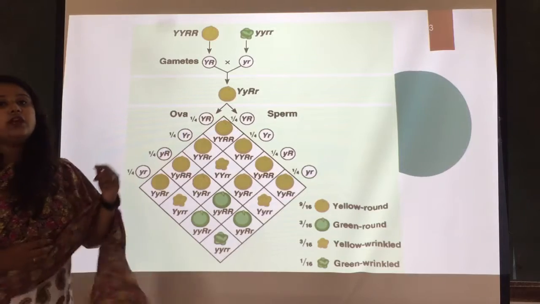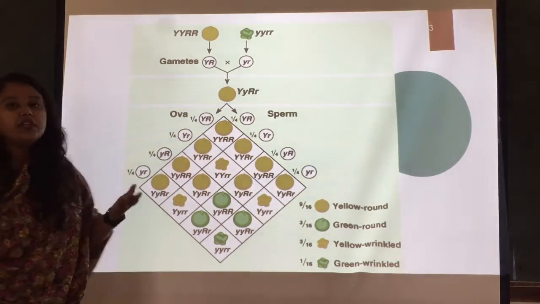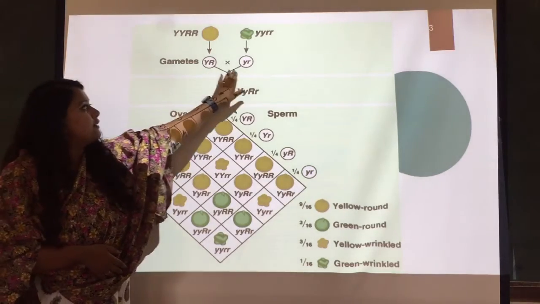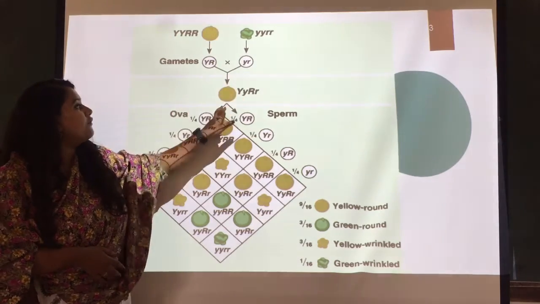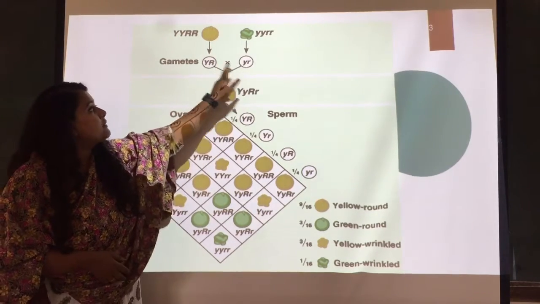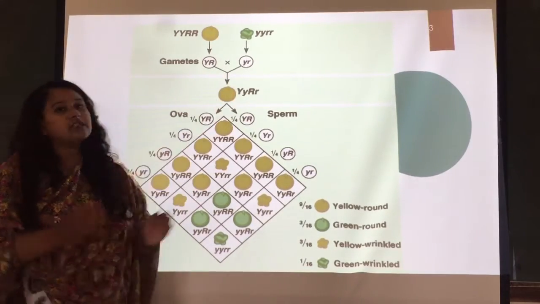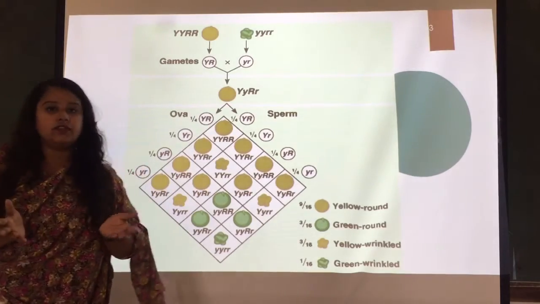So for this reason, what happens now? These two gametes have the genes of two different characters, right? So these are the gametes. Now we are going for the crossing of these gametes. So what we are forming is capital Y, small y, capital R, small r, right? In your textbook, R is given first. So if you write Y first or R first, it doesn't matter, right?